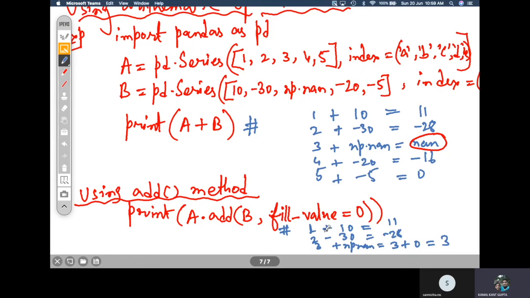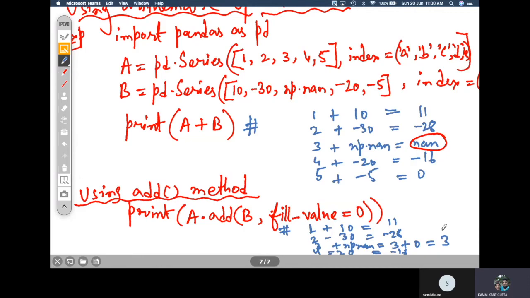Why does this happen? Because you have said that fill value is 0. Fill value is 0 means wherever there is an absence of value, wherever the value is unknown, fill it with 0. So 3 plus 0 is 3. Similarly, all the other values will be like that. 4 minus 20 is equal to minus 16, and the last one will be 5 minus 5 equal to 0.